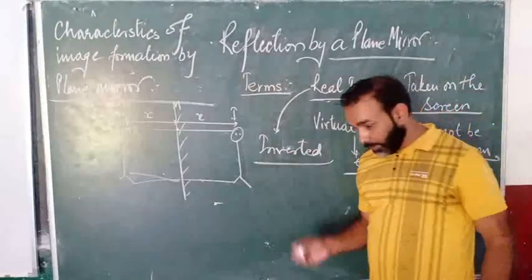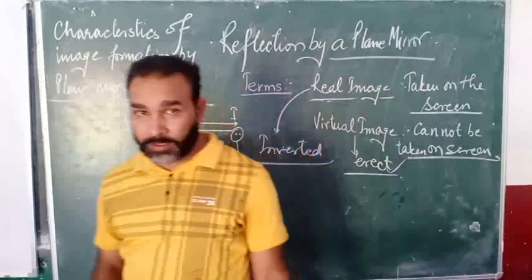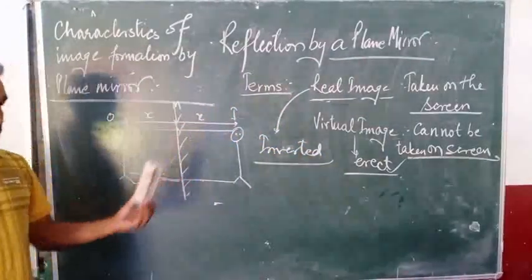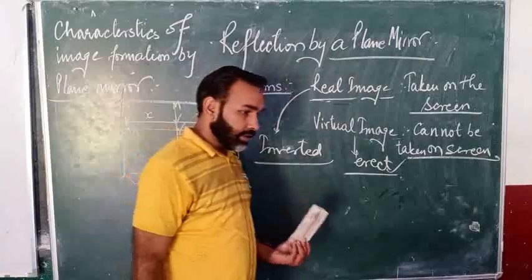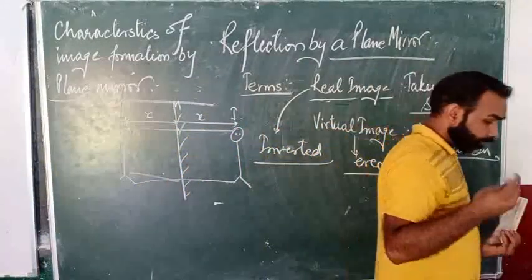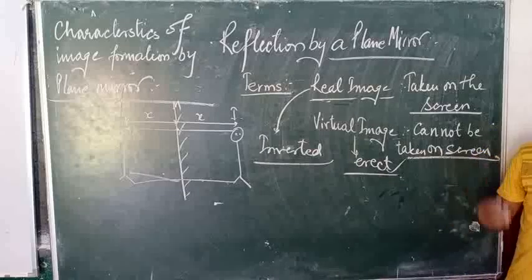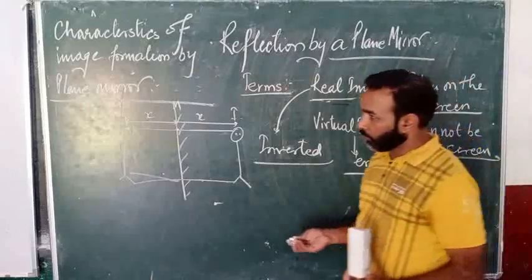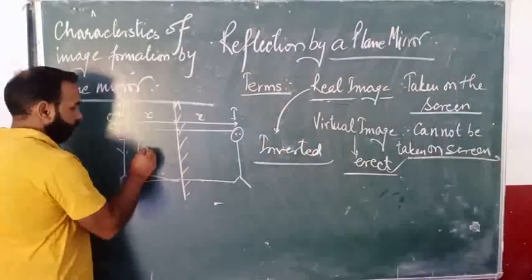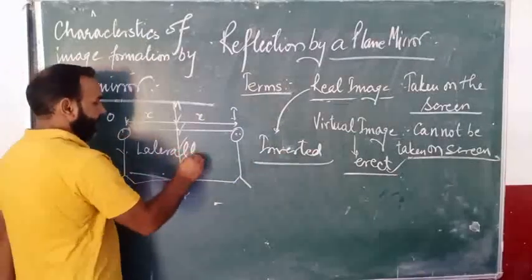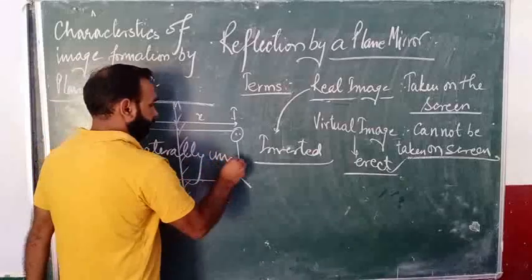Third is that the image formation is always virtual and direct, हमेशा सीधी होगी, जैसा आप खड़े रहेंगे वैसे ही आपको मिरर में विजिबिलिटी होगी। That is the third, that it is forming a virtual and erect image, right? Fourth is that that is a lateral inversion property that is shown, laterally inverted।